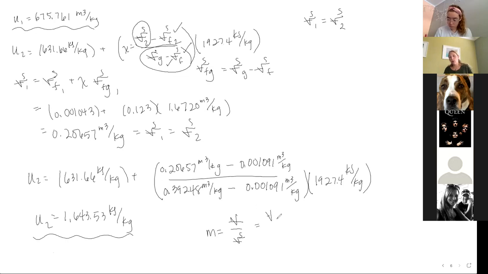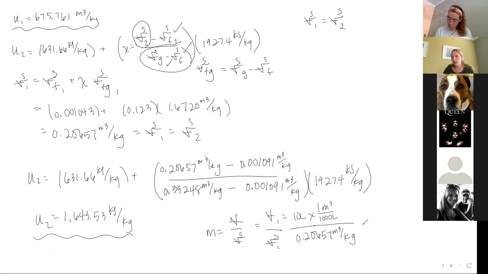I know my volume at state 1 to be 10 liters in the problem statement, and I know my specific volume at state 1 to be what we figured out here, 0.20657 cubic meters per kilogram. But now I don't have the same units, so I need to convert cubic meters to liters. 1 cubic meter is 1,000 liters. So this would be 0.01 cubic meters divided by